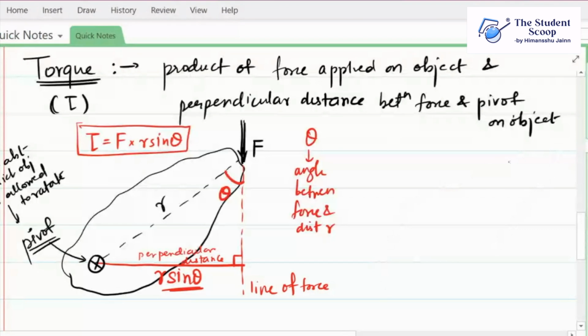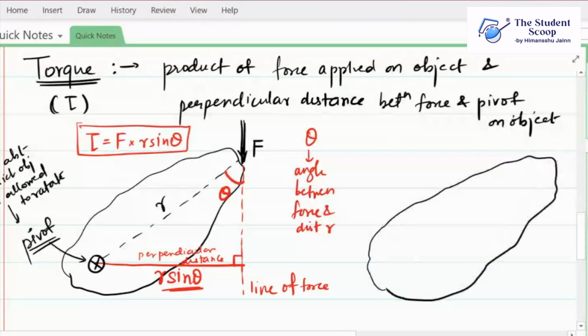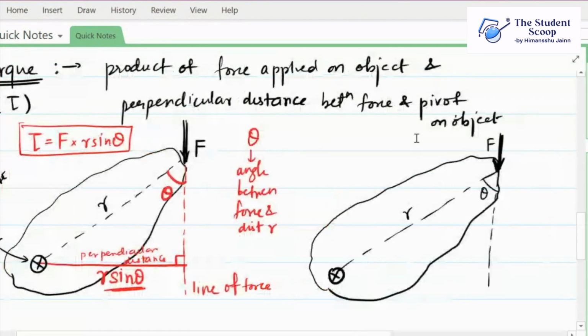Okay, consider another similar object. Again, this is a pivot. Again, this R is given. Again, this force is given. And this theta is also given. Now, in this case, another way to do this is to take a